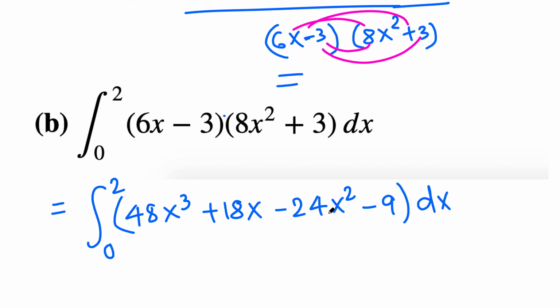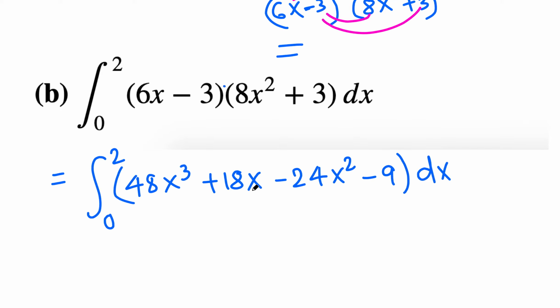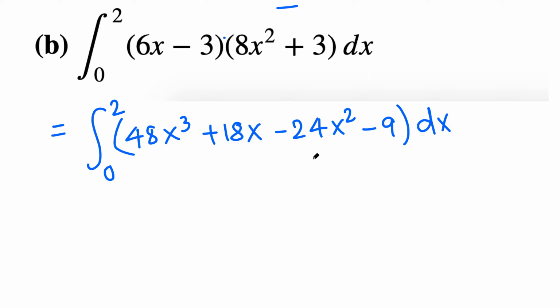There are no like terms, so let's integrate each term, because these are all polynomials. So we can simply use the power rule. When we have x^n, the antiderivative is just x^(n+1) over n+1, as long as the bottom is not 0. So I'm going to integrate. So 48 times x,